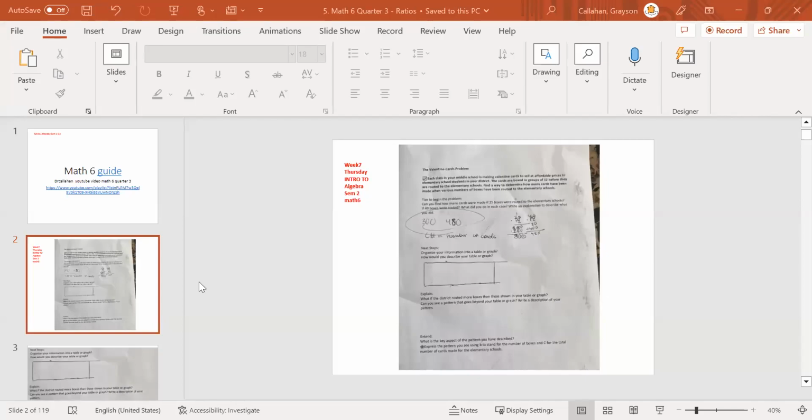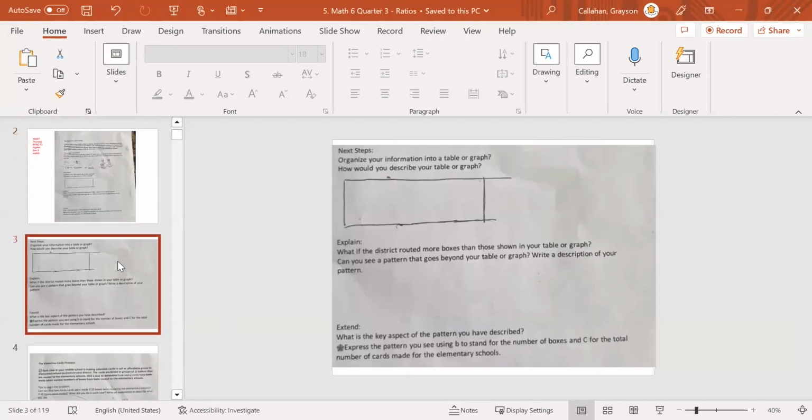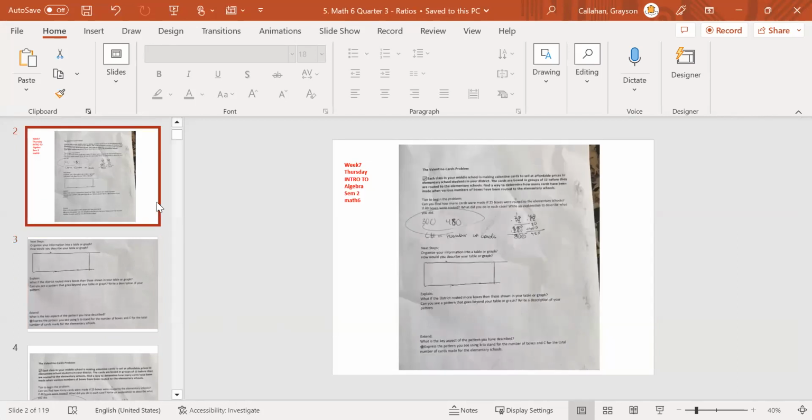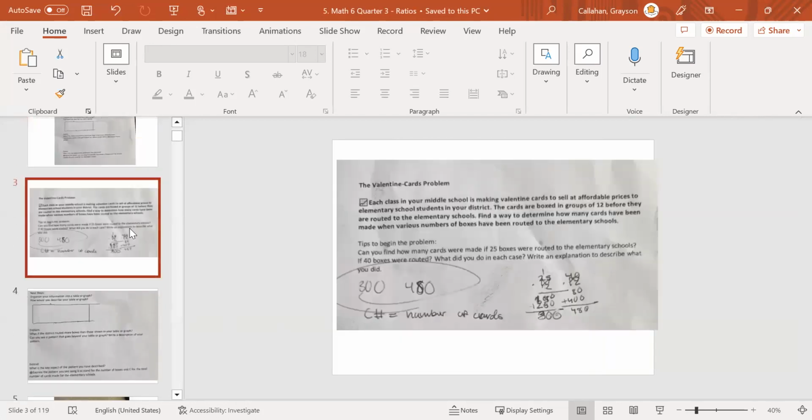Okay, so this is week 7, Thursday, Introduction to Algebra, semester 2 for Math 6. The first question here says,